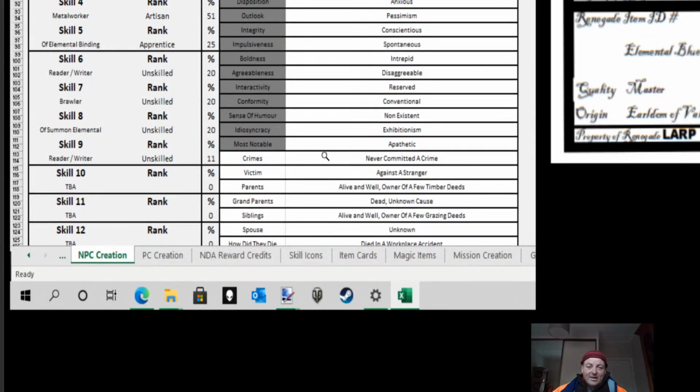Then there's things like crimes. Now, you can see that it's not quite right. Never committed a crime against a stranger. Well, that's contradictory. The calculation I've used, when it's got victim, should be going to that cell and asking, do you include never? And if it includes never in this cell, then maybe this one needs to be blank. So look, I've mucked around with all the different calculations, and some of them aren't quite right. Anyway, so parents,